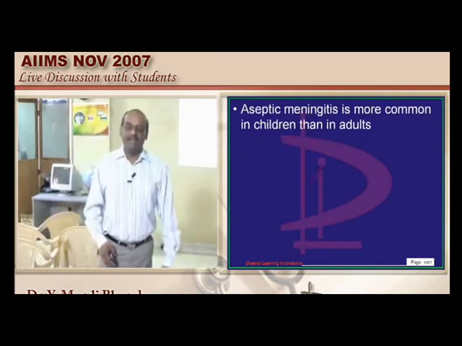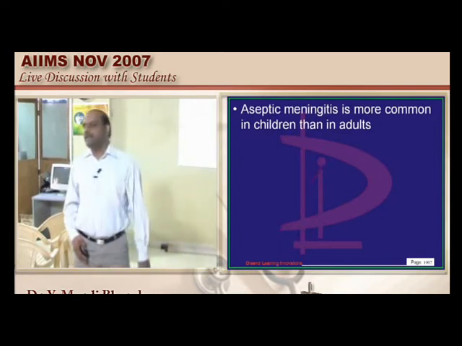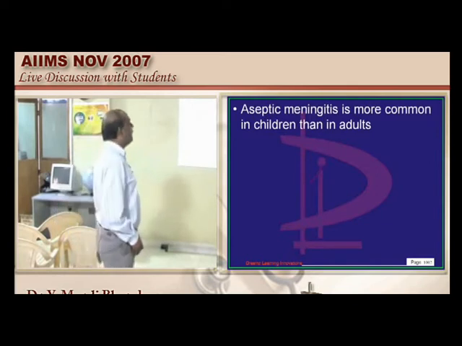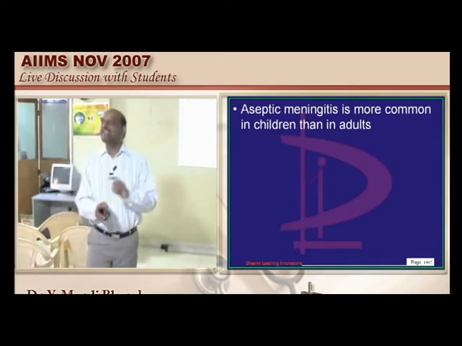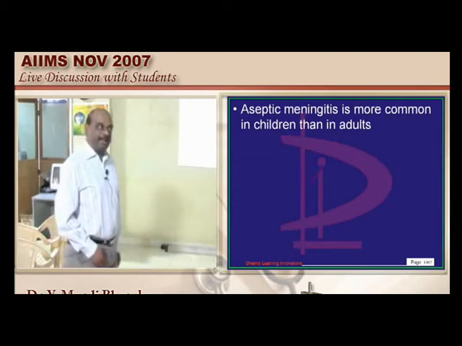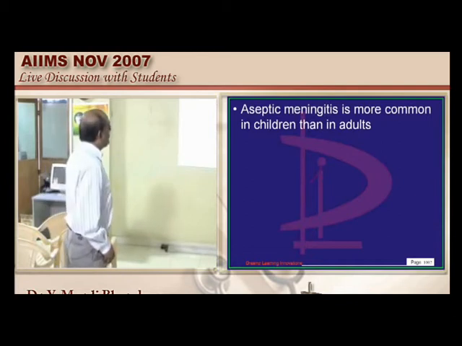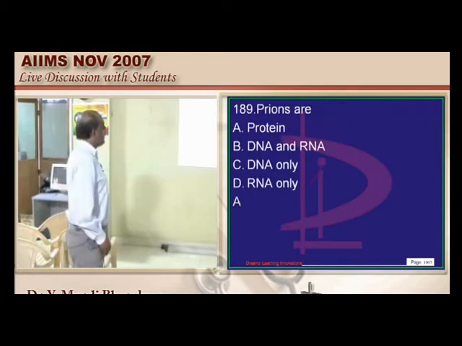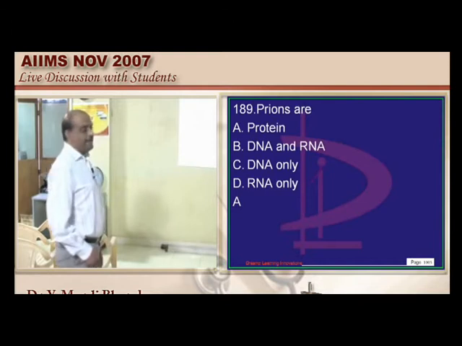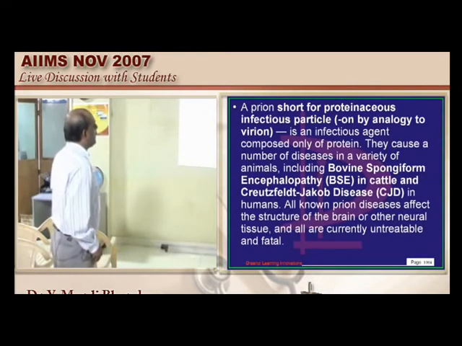There is no big enigma about the question. Mumps causes aseptic meningitis, not septic, it is not pyogenic. Anyway, at least I was thinking whether he wants to ask in children or adults. So basically it causes it in both children and adults, but in children it is much more common, but it definitely causes aseptic meningitis. Prions are those proteinaceous infectious particles responsible for Creutzfeldt-Jakob disease. That is what needs to be remembered.